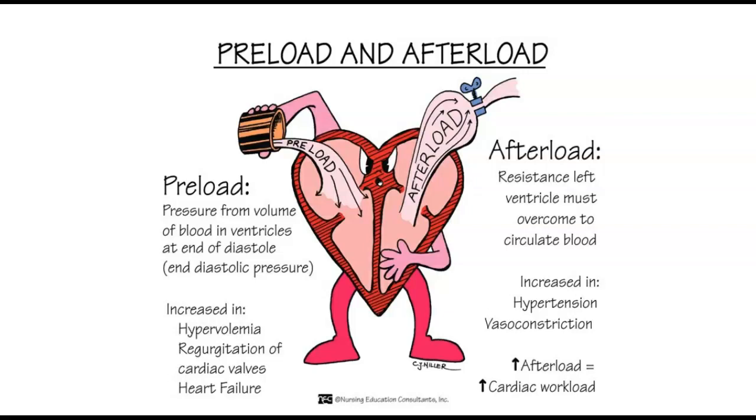So guess what? This is also represented in your blood pressure. The top number, your systolic blood pressure, is representing the volume that comes back to your heart. And the bottom number, your diastolic number, is representing the afterload, or the resistance it has to work against. So if your diastolic number is increasing, going up, then you actually have vasoconstriction, and the heart has to work harder against that vessel to get the blood out.